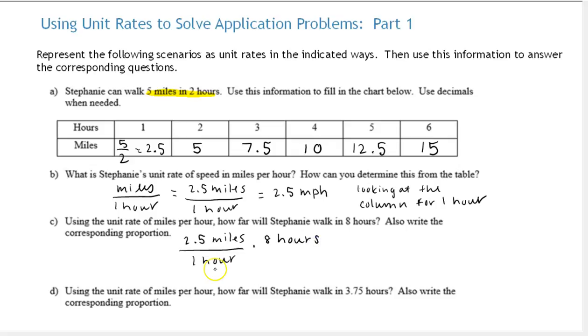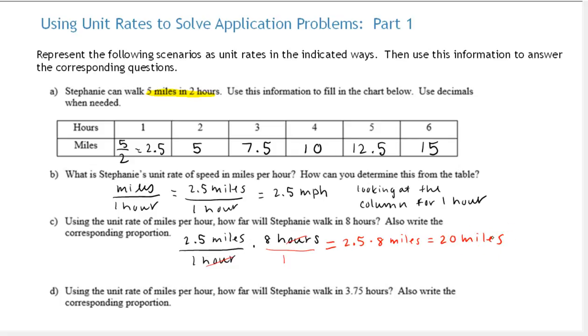And notice, just like before, I can see there's the unit of hour in a denominator and a numerator, so we can think of those as canceling out. And this tells me, I'll put this over 1, that my resulting unit will be miles, which is what I want. So I've set this up correctly. So that's just a good check. So 2.5 times 8 miles, and that will be 16 plus 4, which is 20